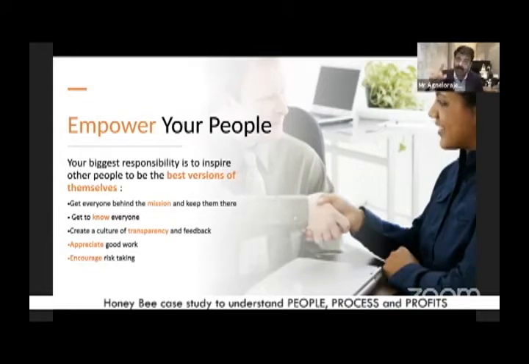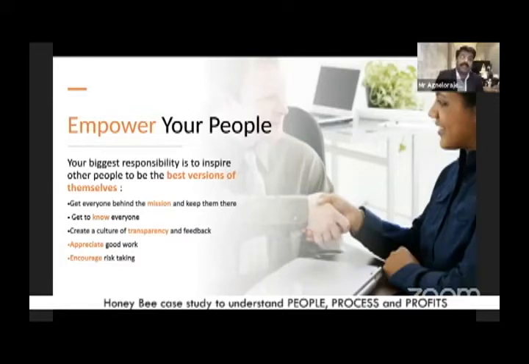The success of an organization depends on the quality of training you impart to your team, the quality of motivation that you give, and how you inspire by being a leader in the organization and leading from the front. So you need to always have your neck on the line to make sure that your team tries to emulate you and takes the business forward.